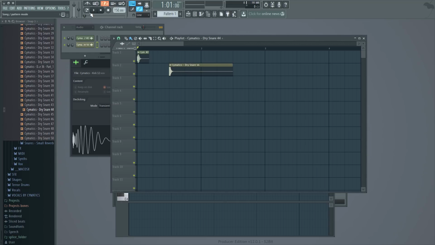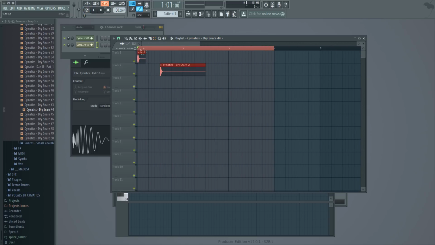So let's highlight a 4-bar loop here. I'm doing that by going to this right here, is where you can select a section of your playlist, and then that will just loop. So let's put this snare arrangement here. Realize I only did 3 bars. 4. We'll put our snare